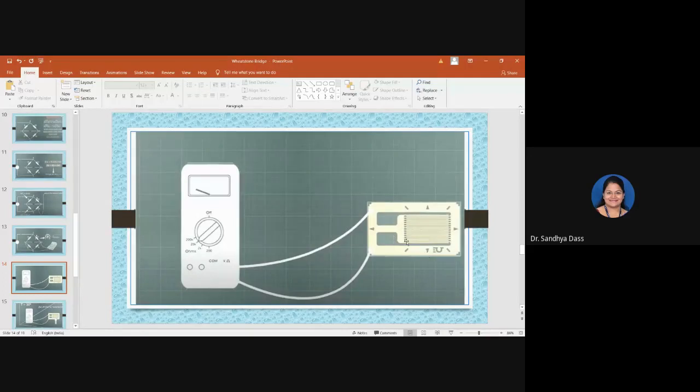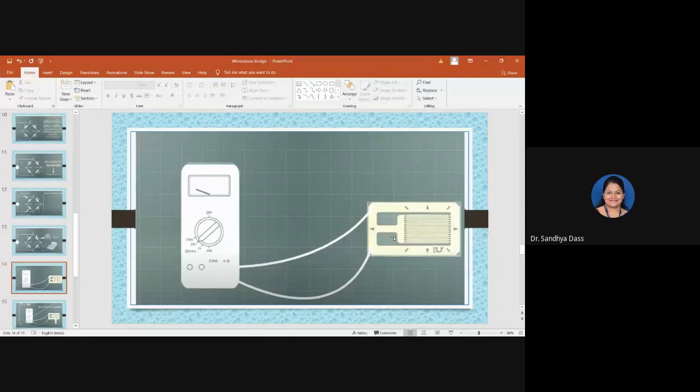Say this is a strain gauge. I hope you are aware of a strain gauge. What is a strain gauge? It's a device which changes its resistance when you apply force, or when this object is subjected to strain. So whenever force is applied, its length increases, and when length increases, there is a variation in the resistance.